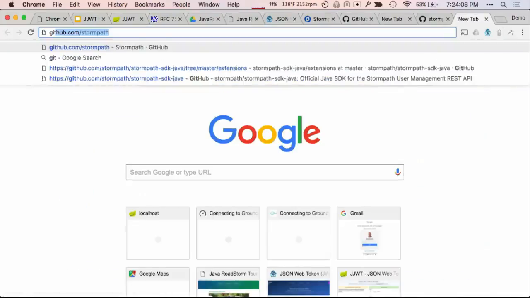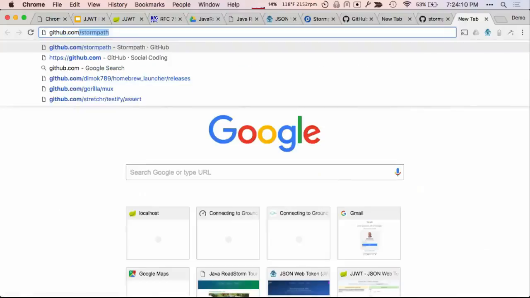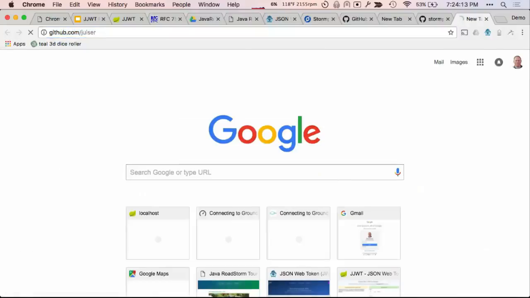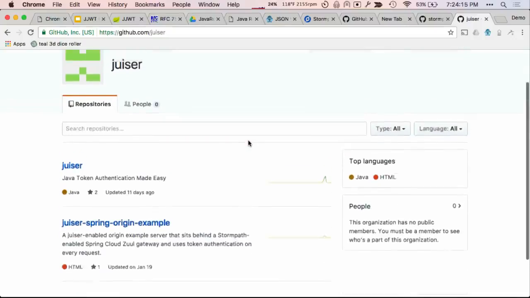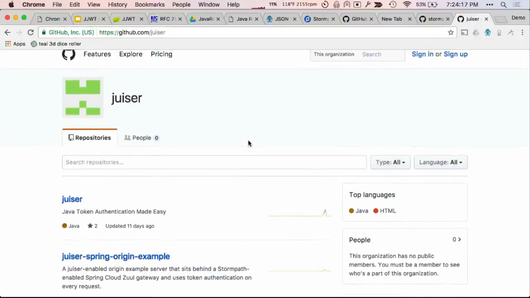The companion to that, we wanted to also represent the other side of this. And we set this up as its own organization because it's not really a Stormpath thing. But once you get past the gateway to what you would call your origin server, that's the thing that's actually your application, you now have this header that's coming in with the JWT that represents the authentication assertion, and we didn't want to just leave people that were trying this out high and dry.